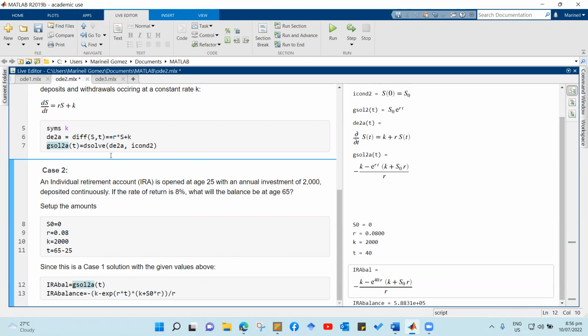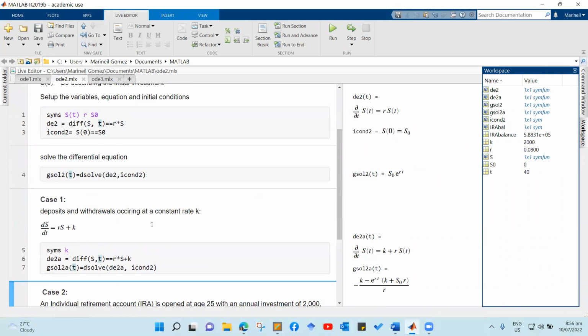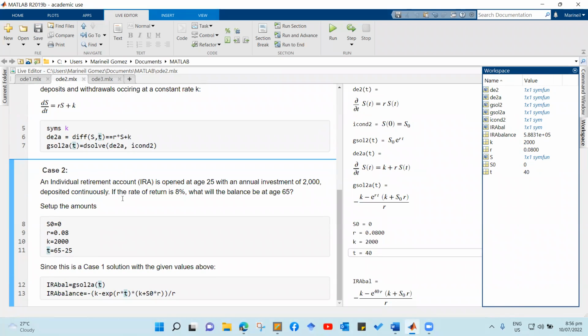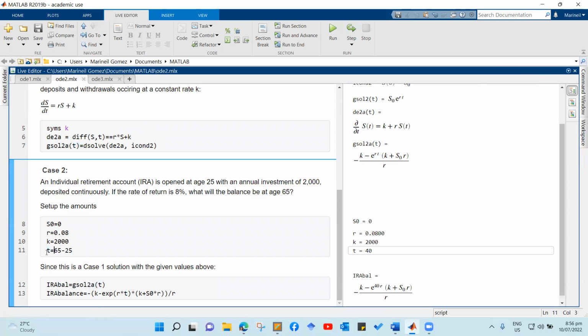So in here, rather than repeating this solution, since I overwrote k and t, if you look at k and t, it's no longer a symbolic function but has a numerical value. It is a double type of variable, a numerical variable, because I overwrote the initial symbolic value that I had written. So this is GSOL. This is still our value, but since I overwrote this as a t, this is